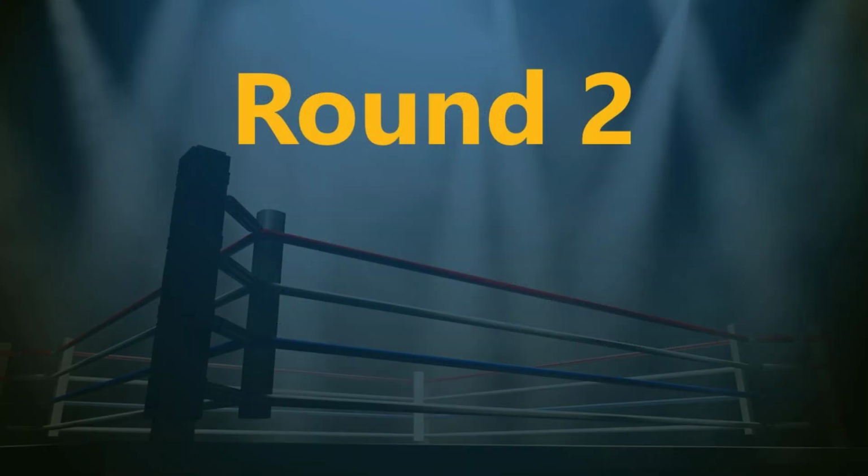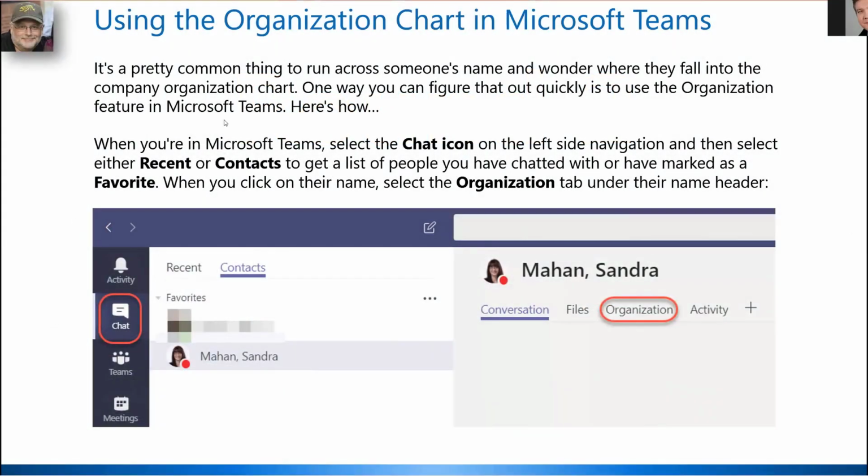So round 2. Now I'm going to hop over to Microsoft Teams, which Microsoft is really hot on right now. And while it takes a little bit of time to get your mind wrapped around exactly what Teams is and how you use it, it's kind of like the OneNote of